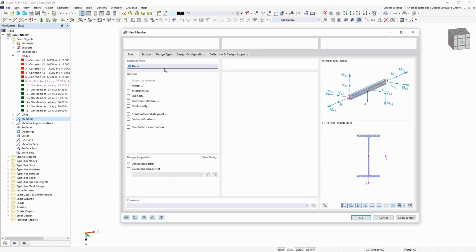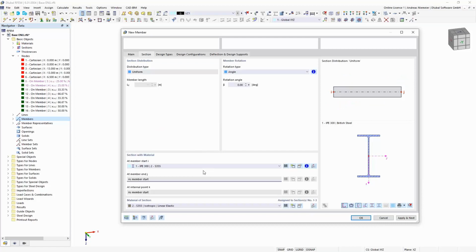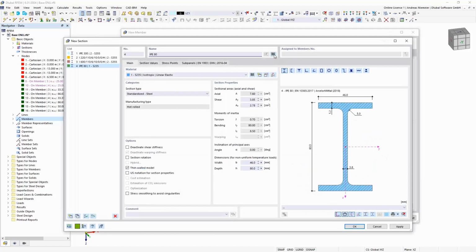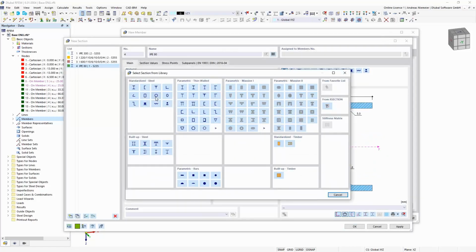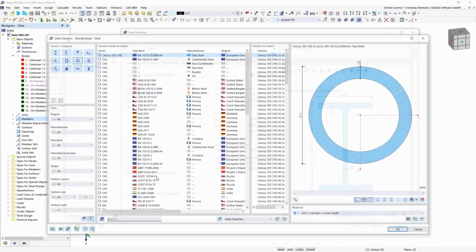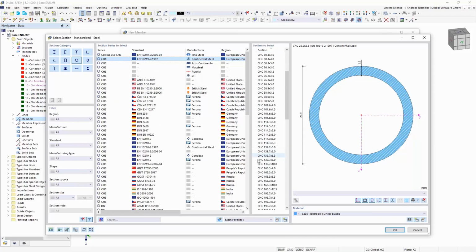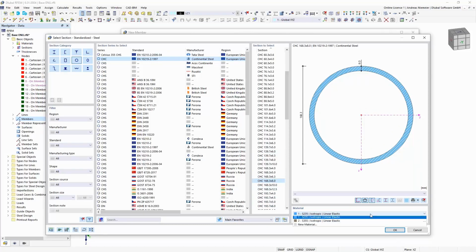And the template is that it should create truss members in between with a cross section of, for example, a circular hollow section. So let's go to the library. Let's use circular hollow sections and select a cross section maybe with 17 centimeters with a thickness of 8 millimeters with the better steel material.